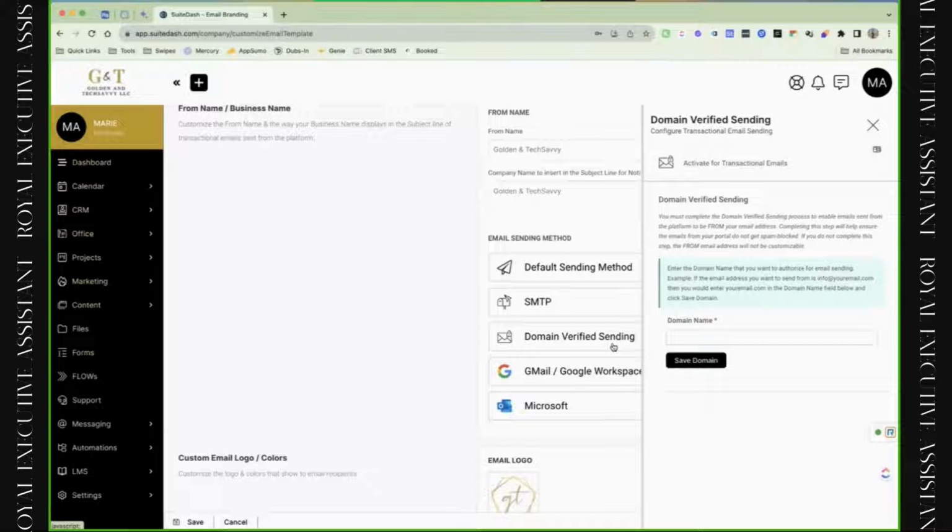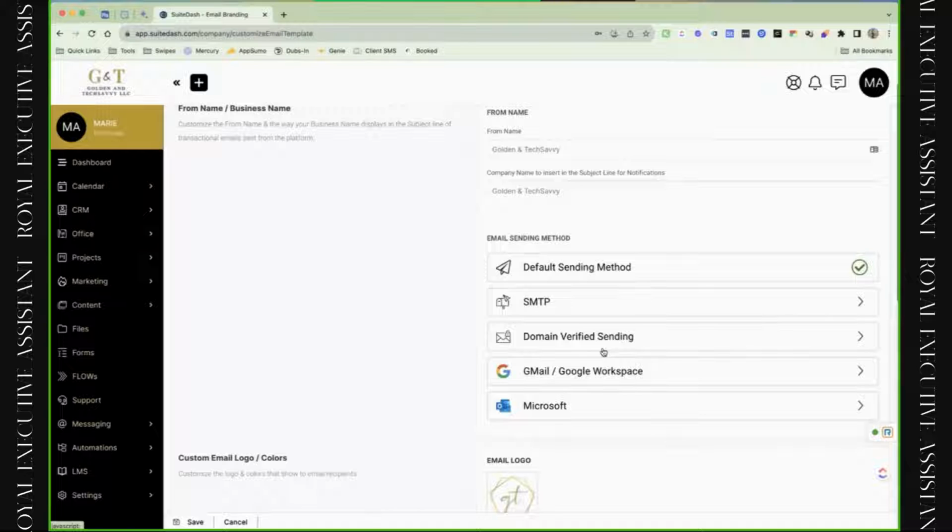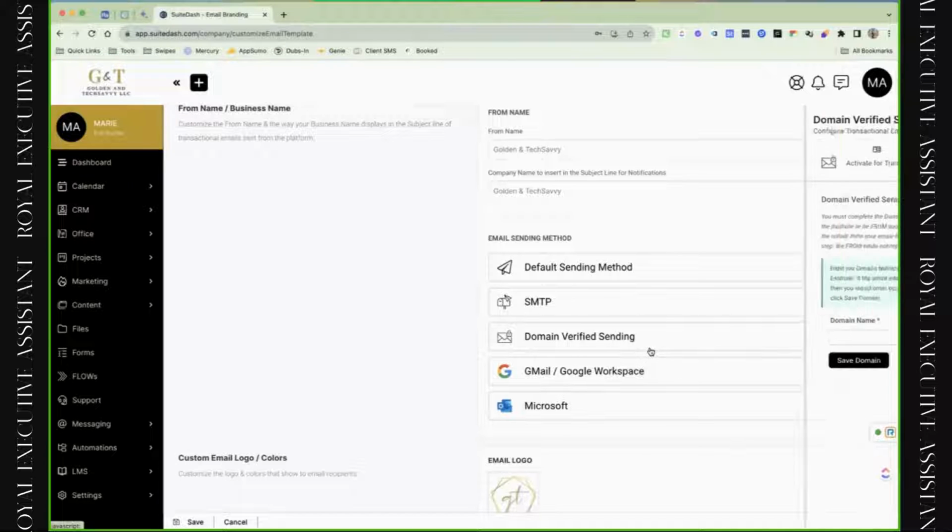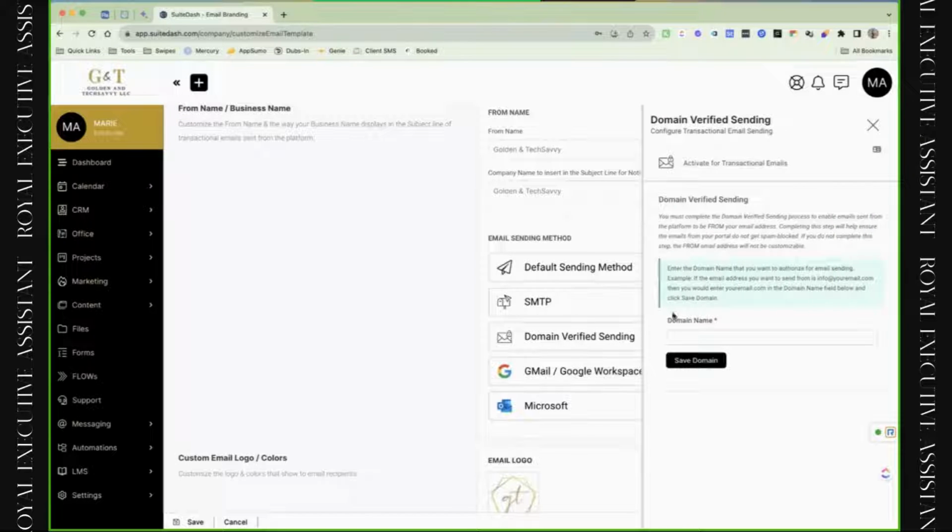So it just kind of gives you more of that security and the deliverability for when you're sending emails. And then I also connect my account, if it's Gmail or if it's going to be Microsoft. Those are the two places that I always do. One of the key things to note is that when you add your domain, you're also going to make sure